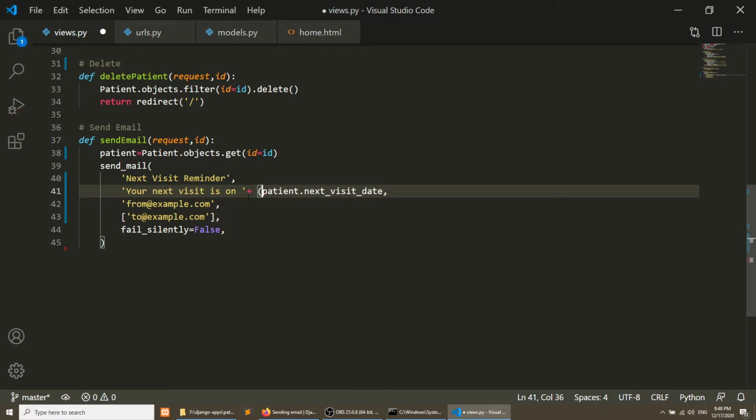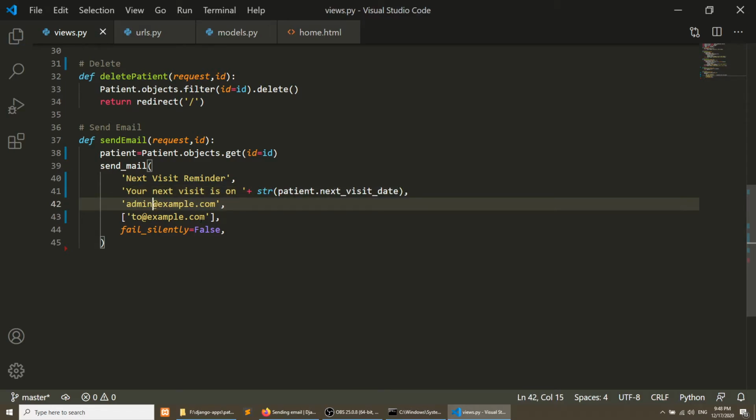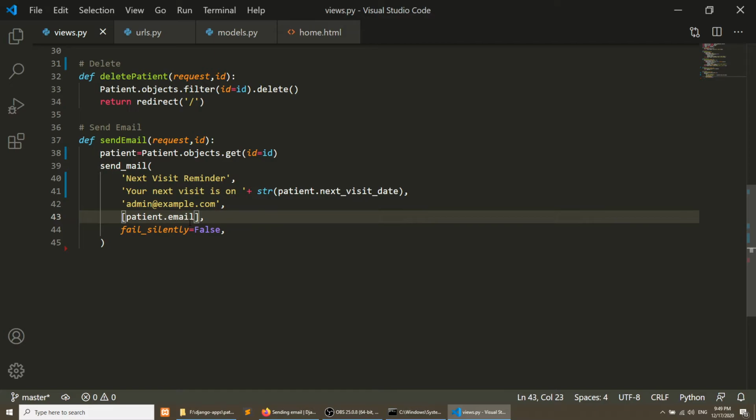This should be a string, so we will add str here. Now we are sending the email from admin at example, and we are sending the email to patient.email. So this is the functionality for sending the email.